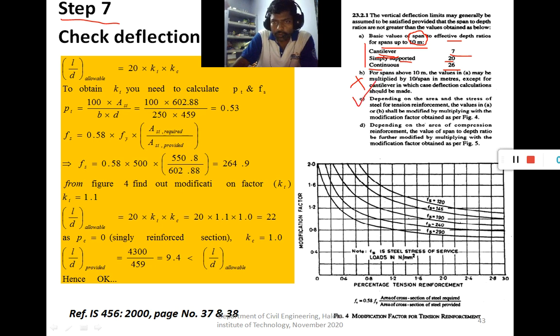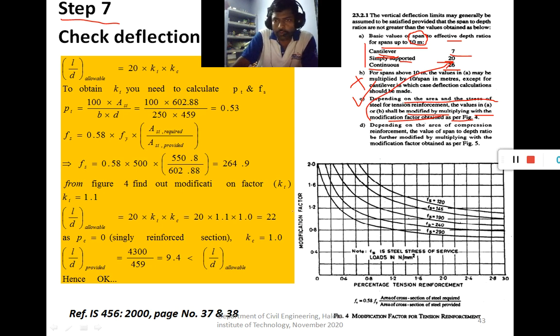Now this point you have to consider: depending on the area and stress of steel for tension reinforcement, the values in A or B shall be modified by multiplying with a modification factor obtained as per figure 4. From figure 4 you find the modification factor, and it is multiplied with the above value.